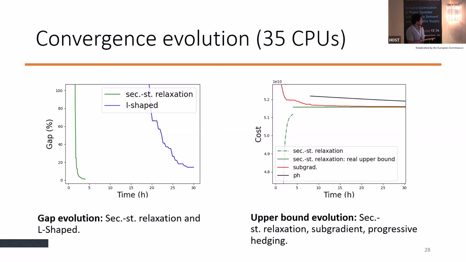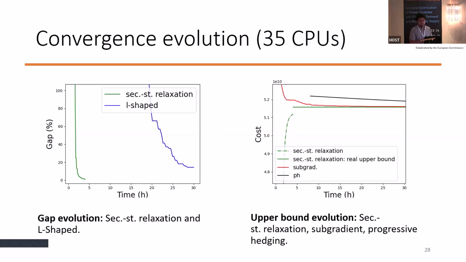The x-axis is the elapsed time, and the y-axis is the relative optimality gap. Here we consider two algorithms. In green is our approach, the second stage relaxation algorithm. The blue one is the L-shaped. What we see is that after 4 hours, essentially we are done, while for the L-shaped, after 30 hours of computation,